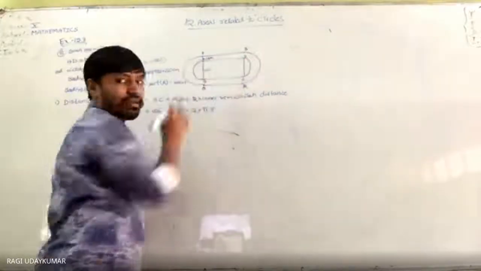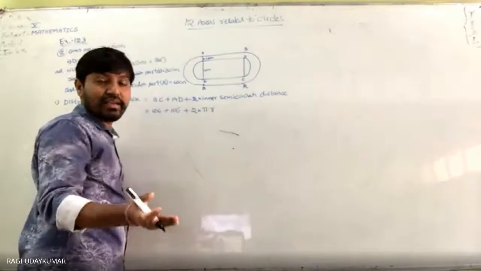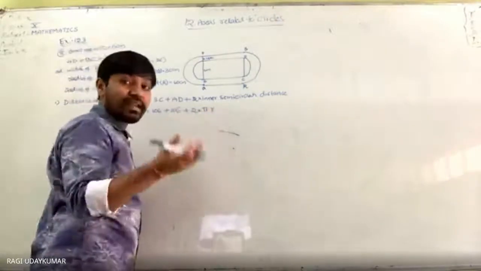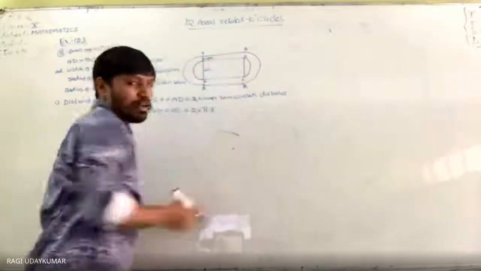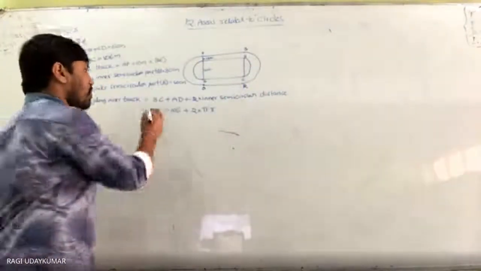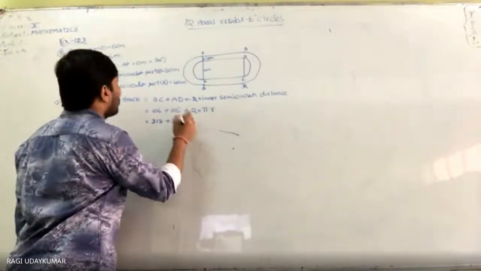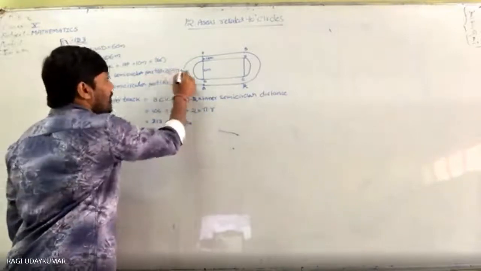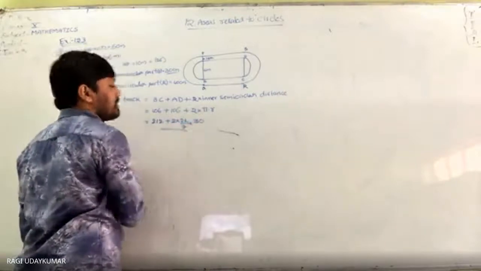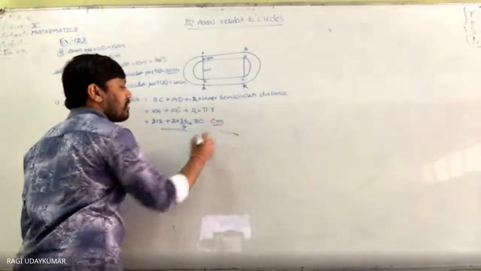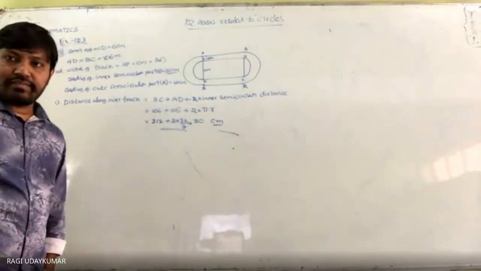This is 1, this is 1. What is the distance of a semicircle? The circumference of the semicircle formula is pi r. Actually these two will make one circle only, but clearly we need to explain that. So now what do we do here? 212 plus 2 into 22 by 7 into the radius, small r equals 30. Simplify this. This is the distance, express it in meters. Just simplify and express it. Did you understand?